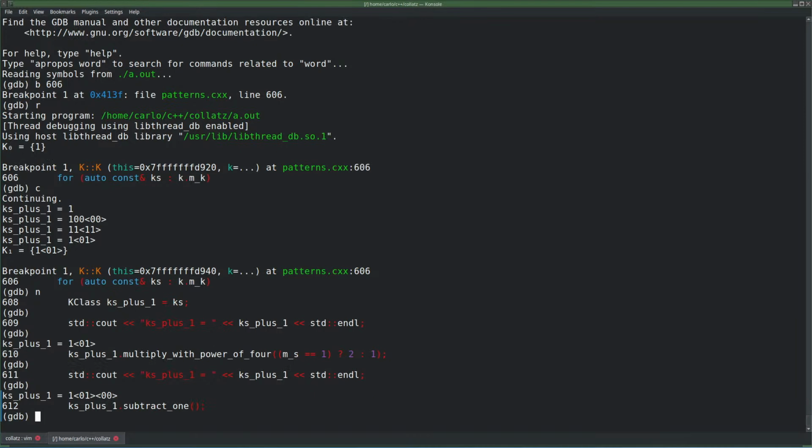Well, that seems correct. I mean, we had this, and then multiplying with the power of 4 means that you add two zeros, and the minimum power is 1, so you have to add at least 2 zeros or more, so it's repeated once or more. Completely correct. Then we subtract 1,